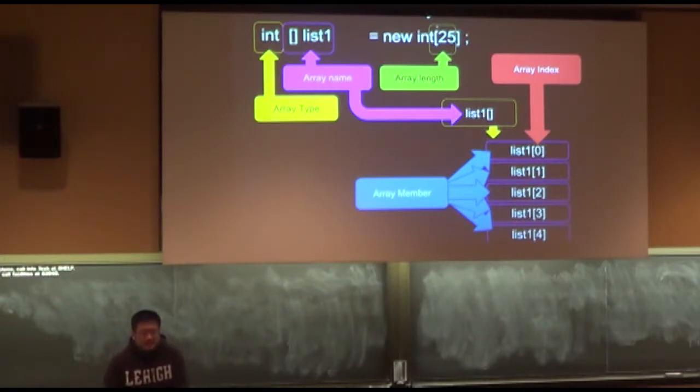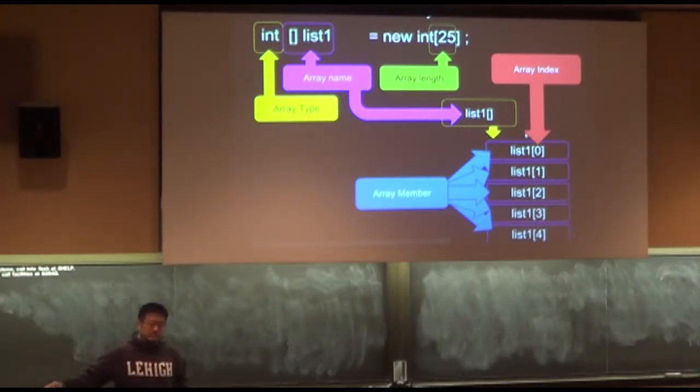Regardless, inside the square brackets, it must evaluate to an integer, because Java needs an integer in order to decide exactly how many ints it will store in your array. So what this creates, after you've declared your array variable, is a space in memory that you can think of as a list that the array variable